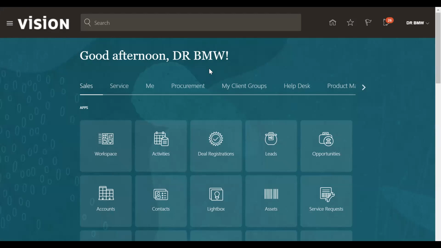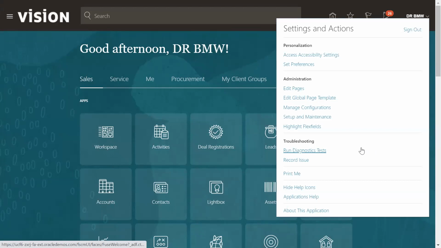Today we will be discussing how to create the payment process profile in Accounts Payables to select the payments and make the payment. We need to define the payment process profile. So you need to log in as a user who has the responsibility or role for setup and maintenance. Go to Setup and Maintenance.